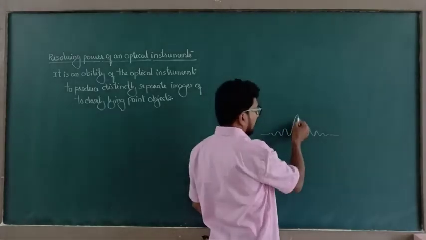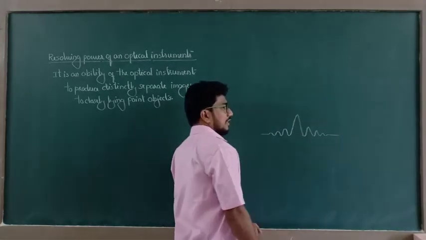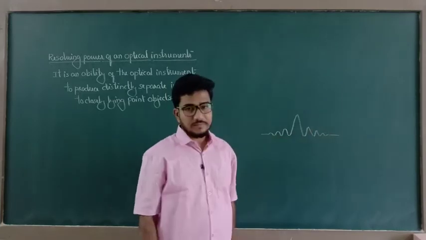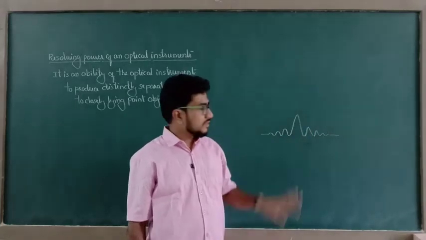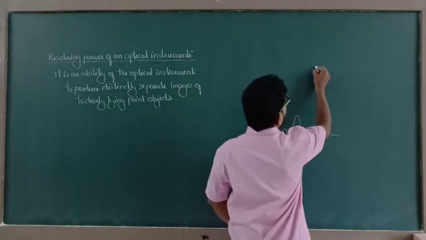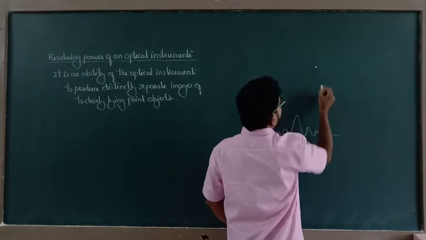The intensity of this maximum is highest, then the intensity goes on decreasing. This is the diffraction pattern. So this is our point object. Then the image of this point object,